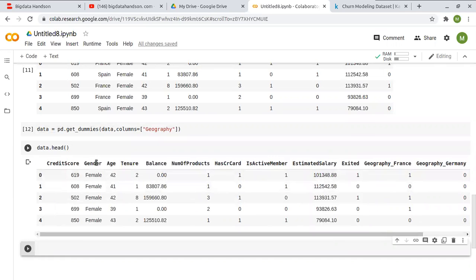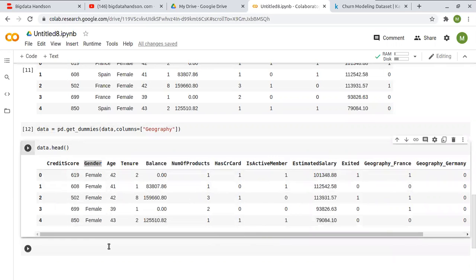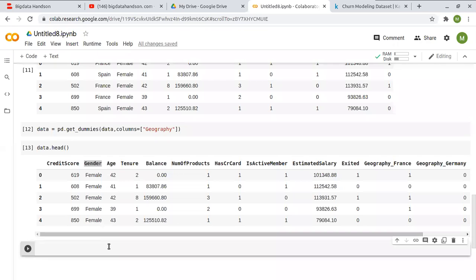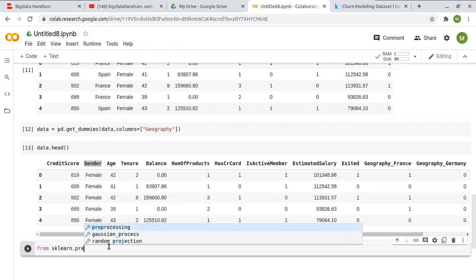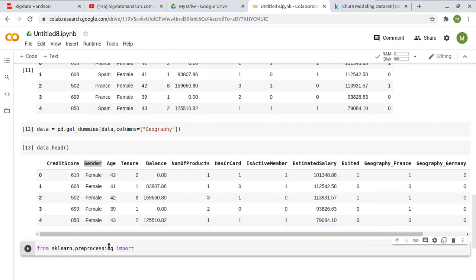So for gender we can just label encode it. To label encode that, we can use the LabelEncoder class in the sklearn module. It's inside the preprocessing module. You have to import the LabelEncoder.